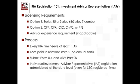As far as the individual investment advisor representative registration process, there are some licensing requirements that generally come into play. So the first option here is you need to pass the Series 65 exam or have previously passed the Series 66 and Series 7 exam. And the nuance with that Series 66/Series 7 combo is that if you have held both these licenses before, you're going to need to have been affiliated with a broker-dealer generally within the last 24 months. So if you've left the broker-dealer and you previously had these licenses, as long as it's been within 24 months, you should be fine. If it's been longer than that, you may be required to now take the Series 65